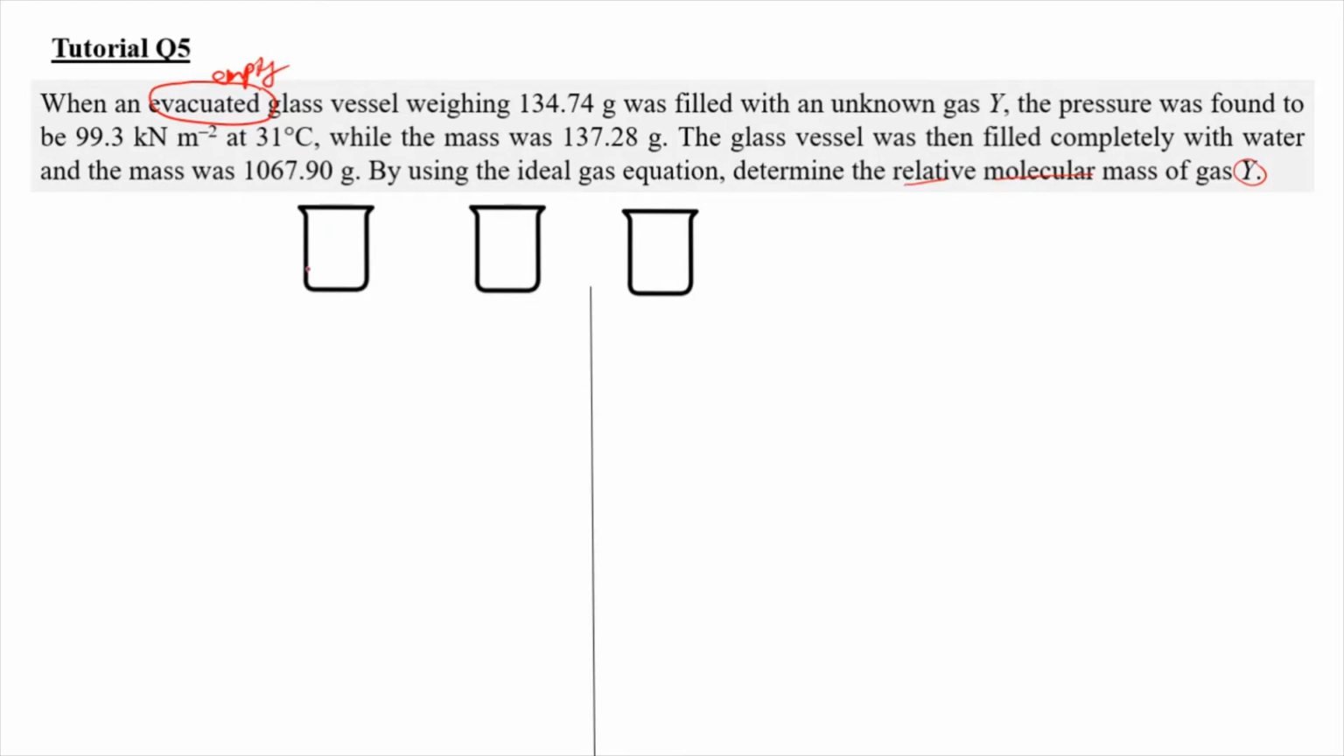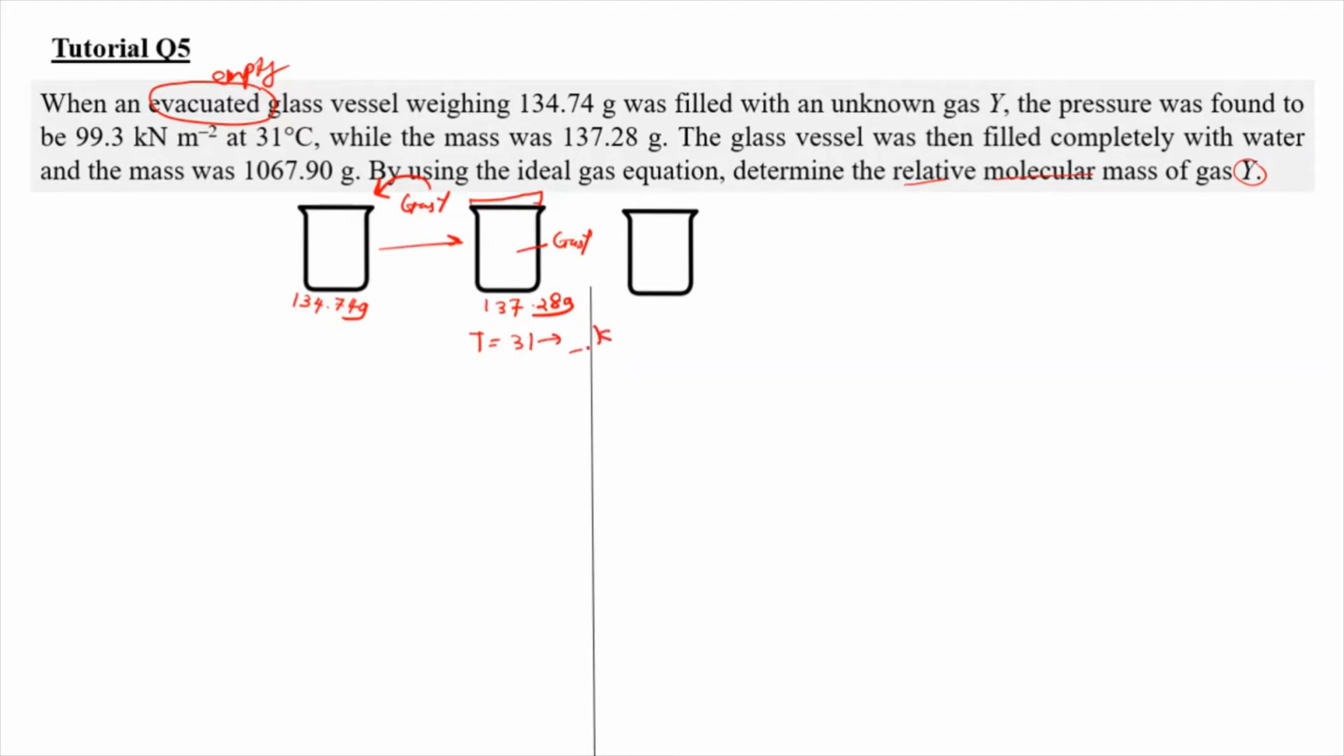The empty glass vessel was weighed at 134.74 gram. Next, when it is inserted with gas Y and closed with a lid, the total mass, which is gas Y plus the mass of the vessel, we're going to get to be 137.28 gram. And this happens at a temperature of 31 degrees Celsius, which you have to convert to